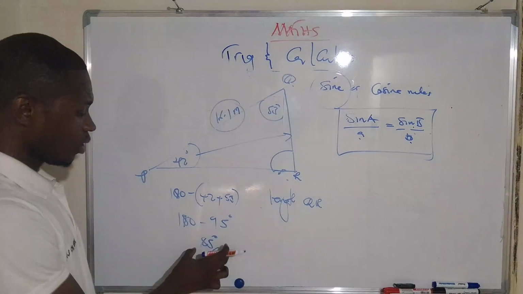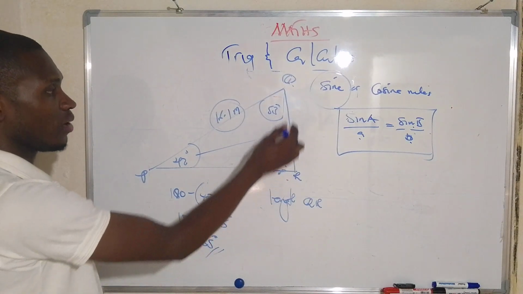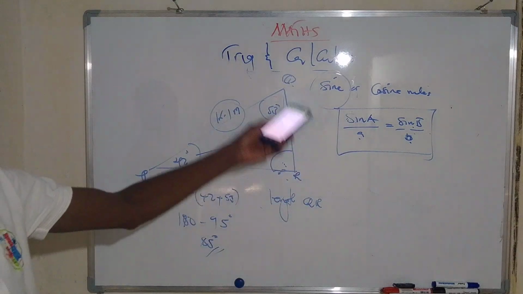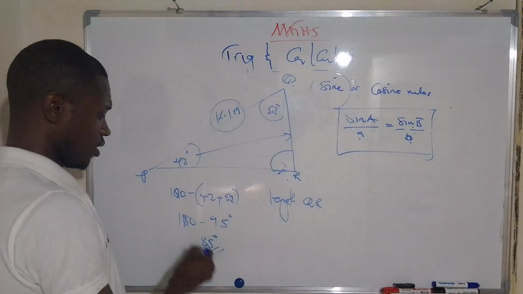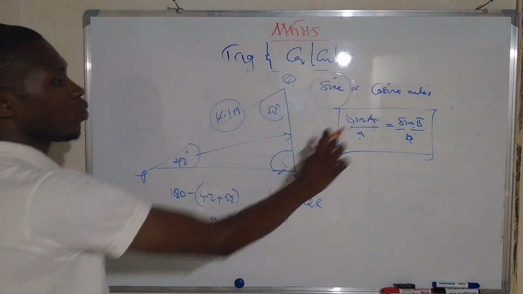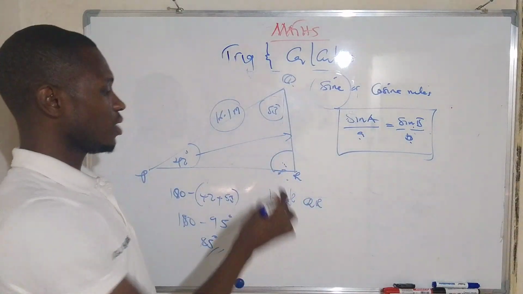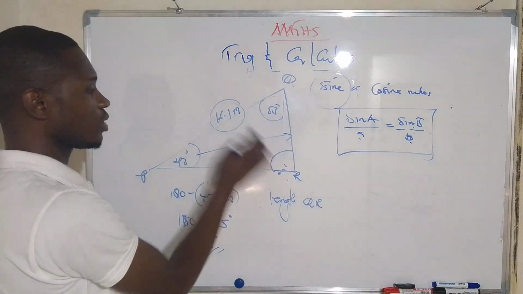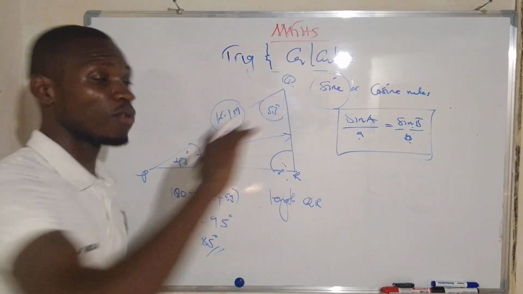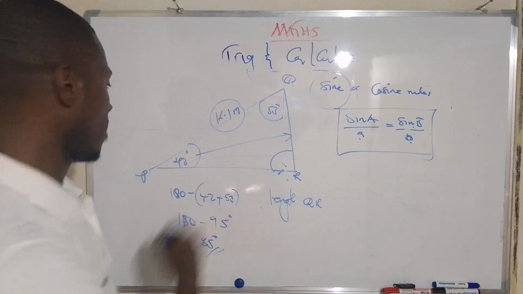Okay, so now since you have this one, now you can find it for this. So why do we look for this one? The reason why we looked for this angle is because we need to find one set which is complete. So this set now is complete. So I'm going to use this one and this one. We can't find for this one if all the sets are not complete. So therefore we're going to say